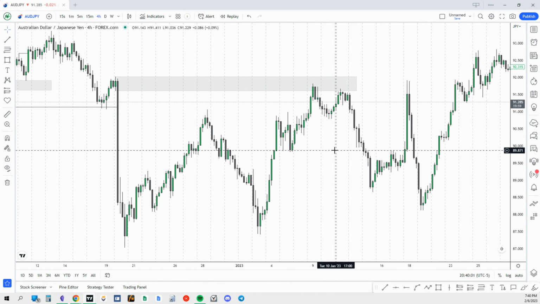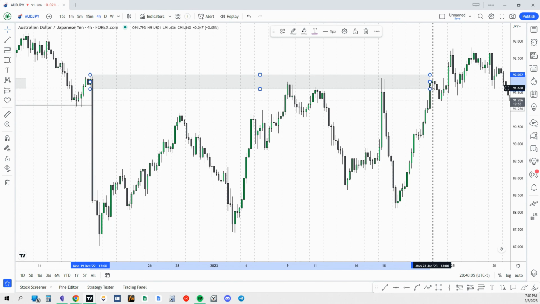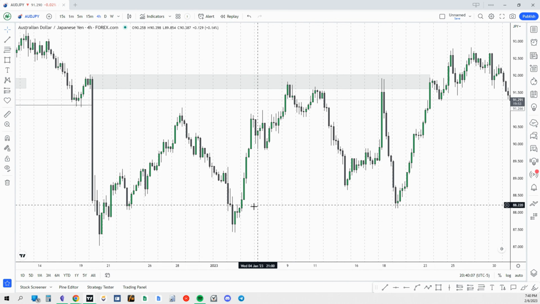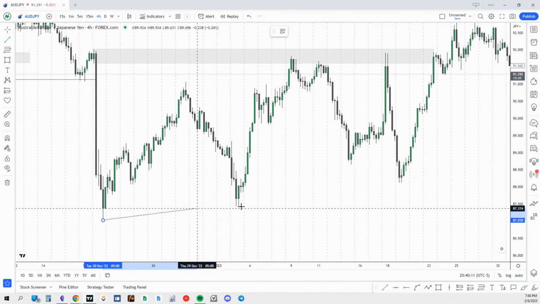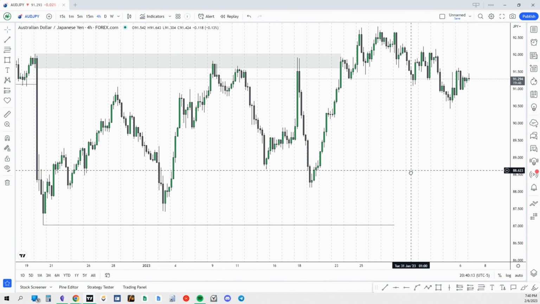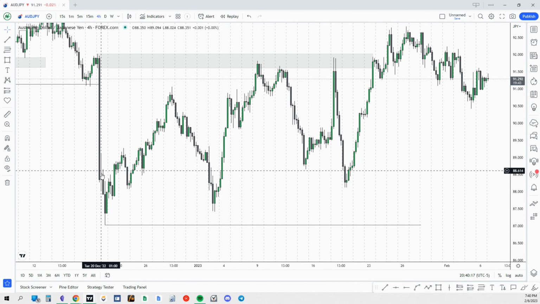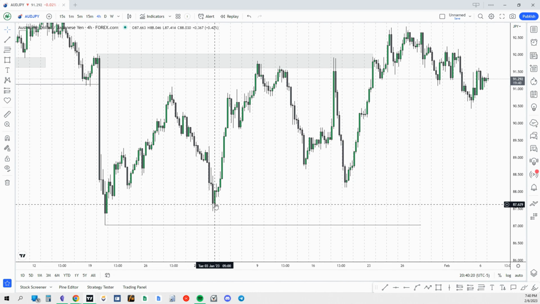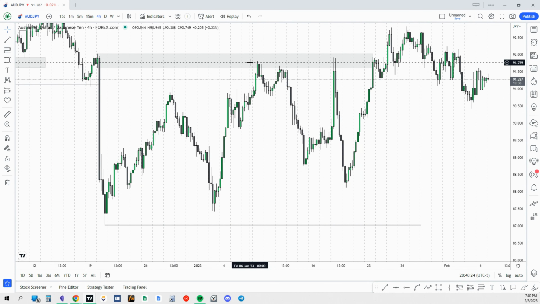We can see that price does actually mitigate it several times, but eventually it does trade through it. And it does actually fail to make a lower low here. And so we can see, by zooming way out, price sells off, it breaks from that old low, it does pull back, it tries to go lower, fails to make a lower low, continues to rally up into that supply